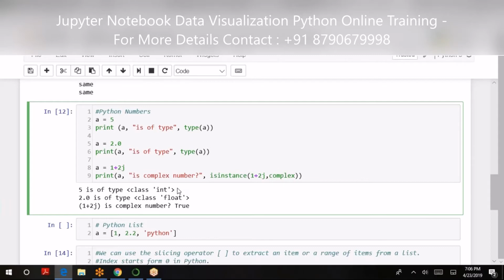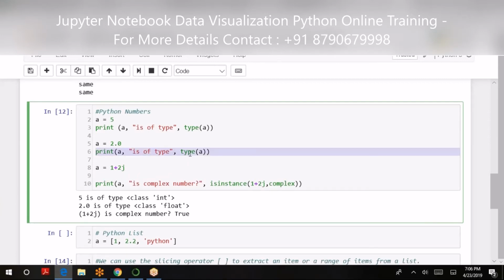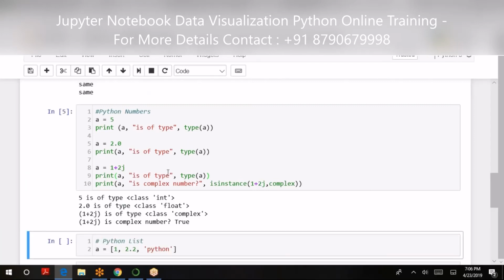Next, here in this case, it gives float. And the third one, we are asking whether it is a complex number.